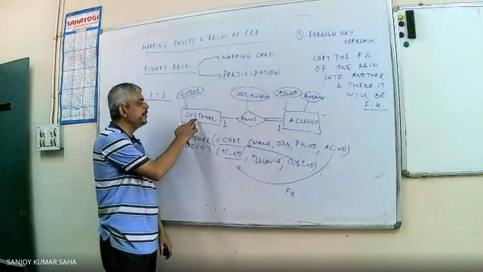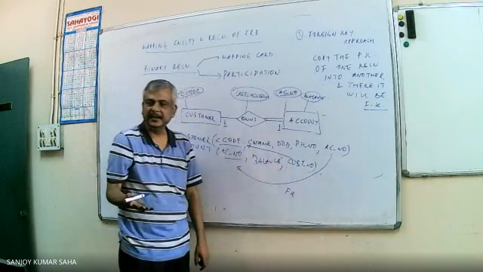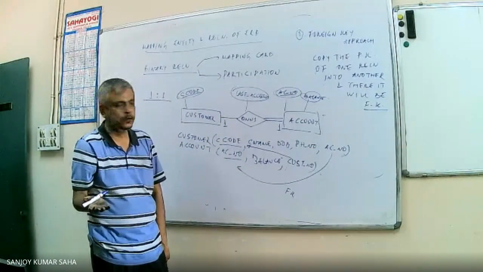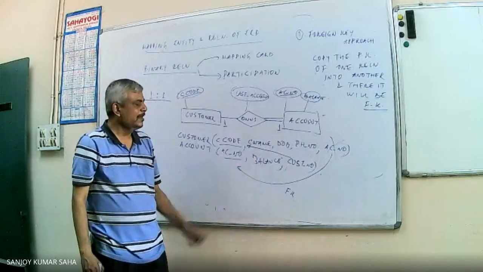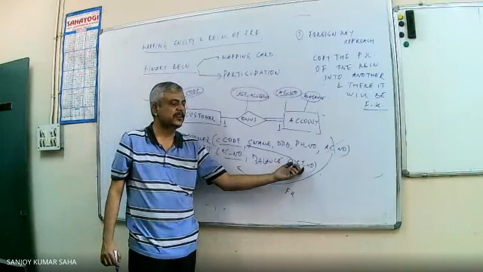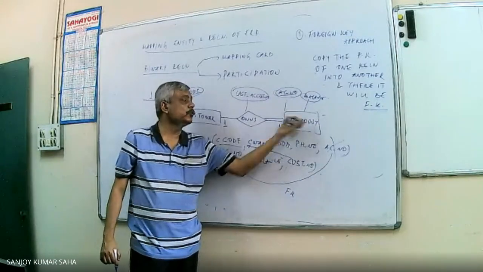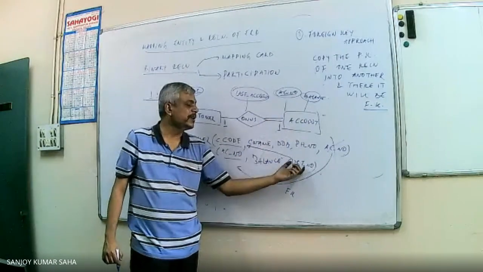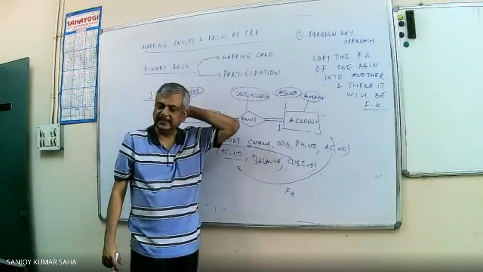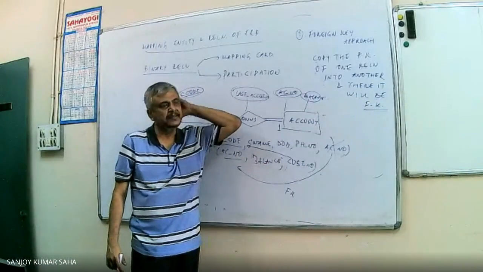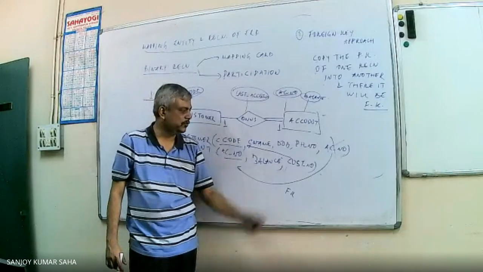Now, at this point of time, in the customer side, if I try to write account number, it may so happen that customer is yet to open any account. Null value may appear. So this I will not follow. But in the account side, if we give the customer number, then as account totally participates, always you have a customer, so null value will not appear here. Whenever we are designing, one goal is to minimize the occurrence of null values. That has to be reduced.